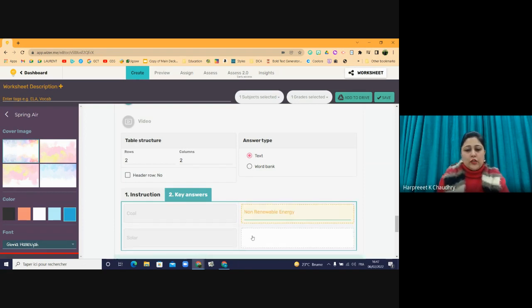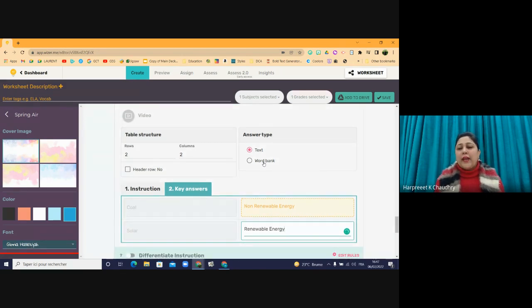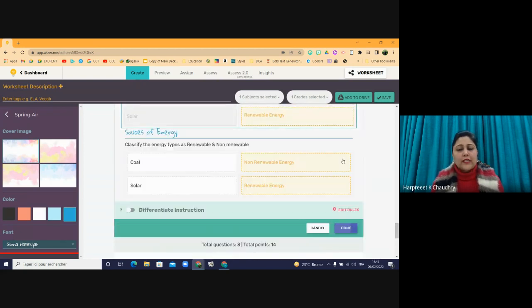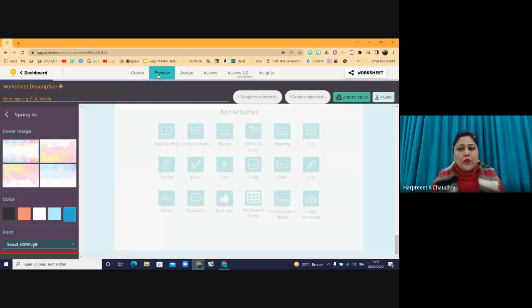And solar is a renewable energy source. So here it says text or word bank. I want to give kids the word bank. Once I'm done, I hit the done option. I click on save. I go to my preview. Now here, if you see